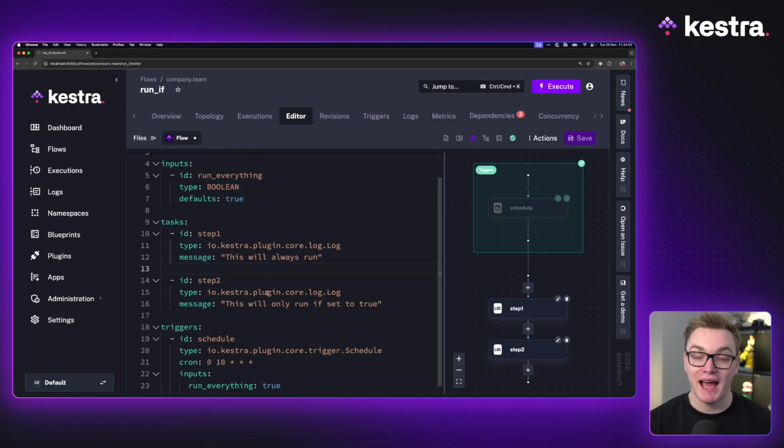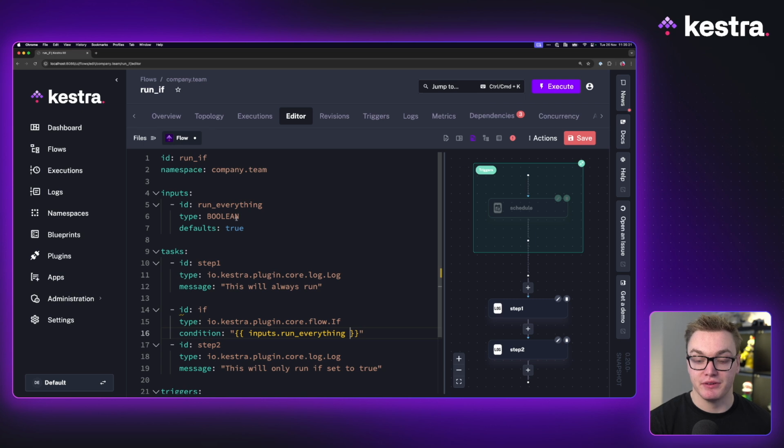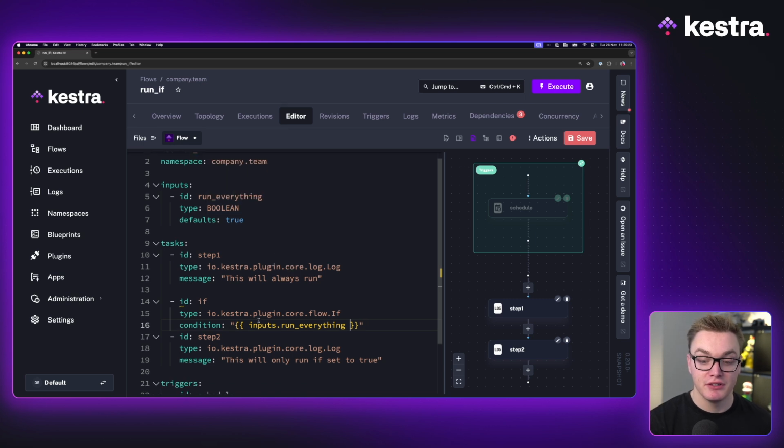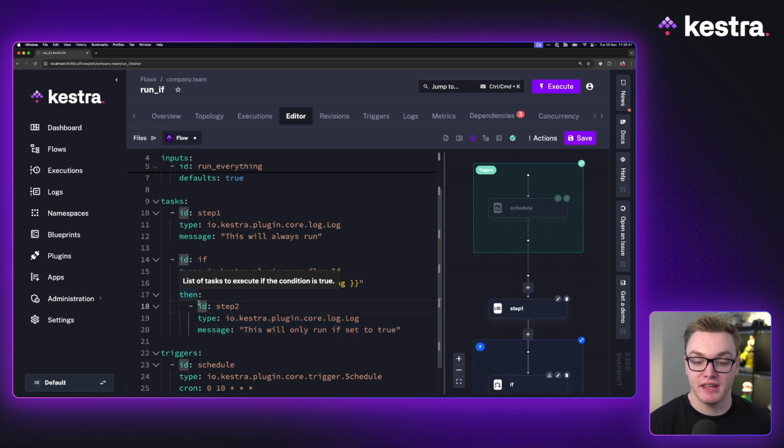So we can add that in here, and that is really useful if you want to be able to add multiple tasks and chain them together to run when a certain condition is met. So let's add that in. And for this condition property, I'm simply just going to set it to the input. So as you can see here, the input is a boolean, so this will just return true or false. I don't need to put equals true, but you can do that if you want to. And then I simply need to just add in here the one task under the then statement here to run